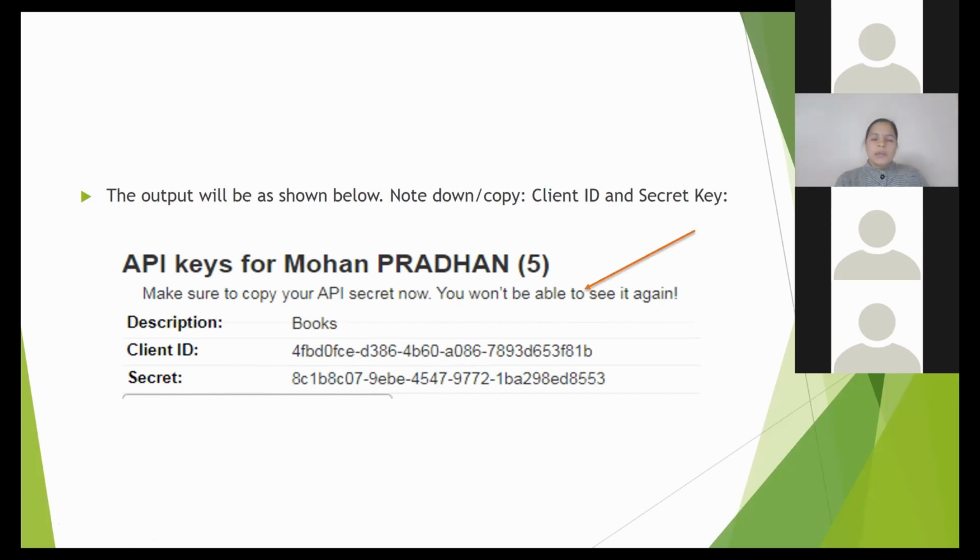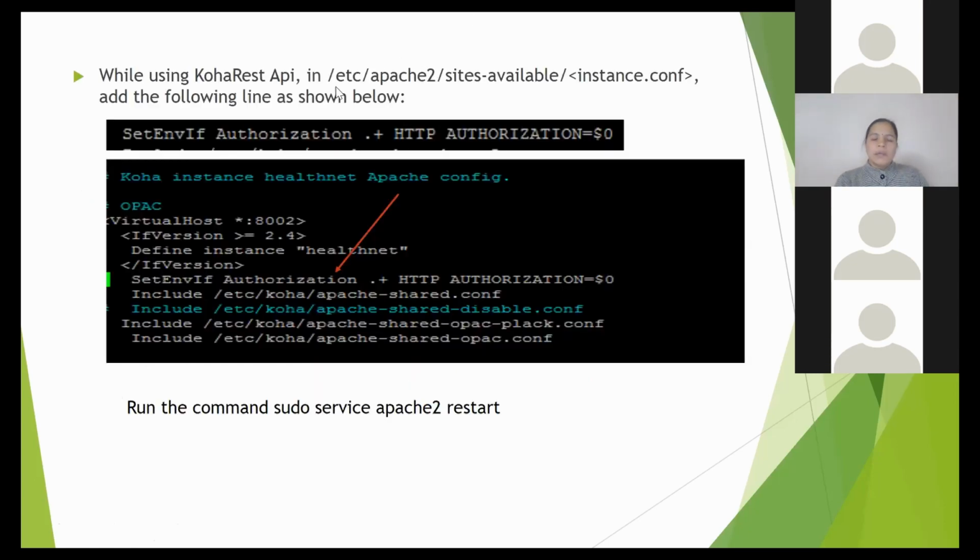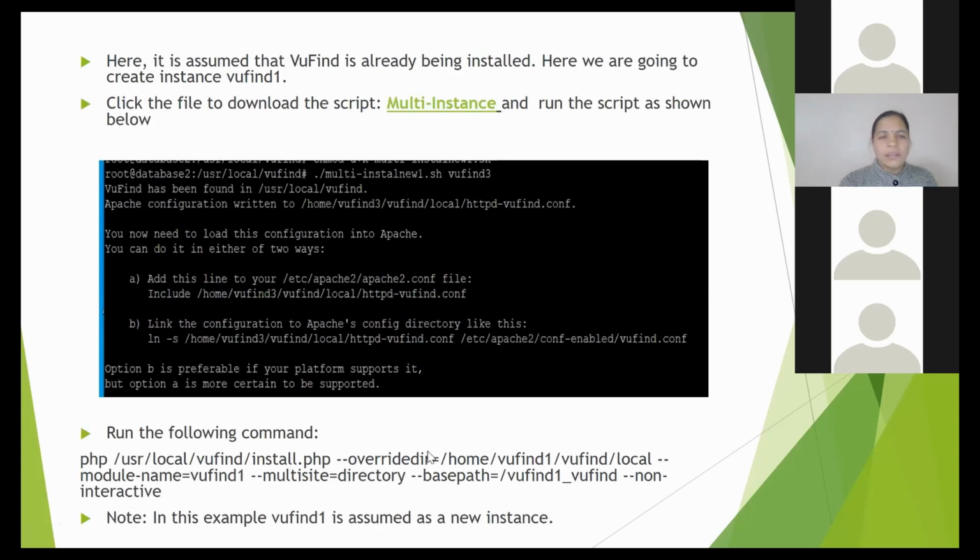After completing the above process, we set up the instance.conf file. The command line looks like this, and run the sudo service apache restart command line. After completing the above Koha configuration,